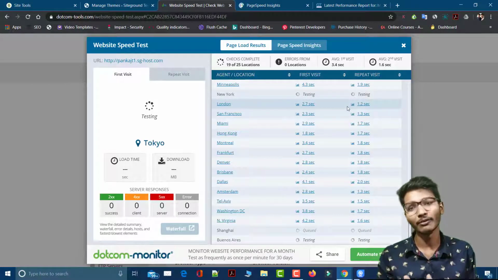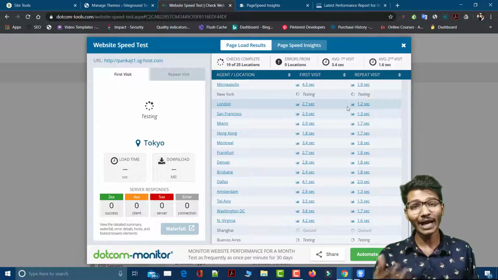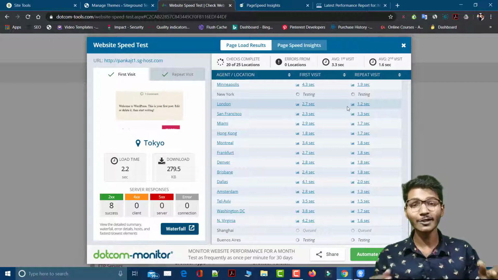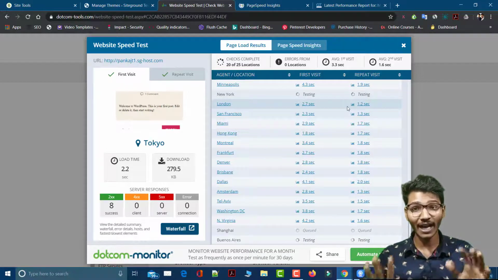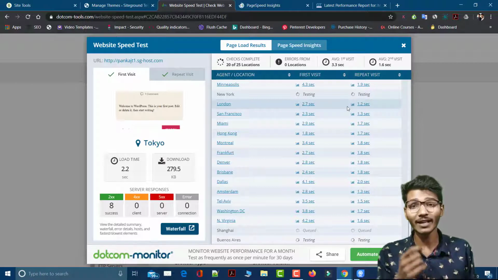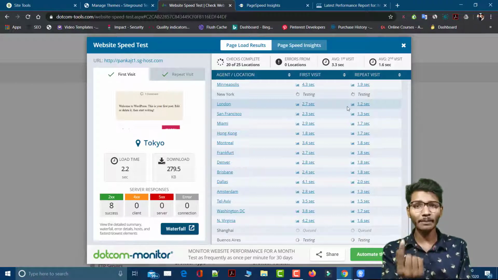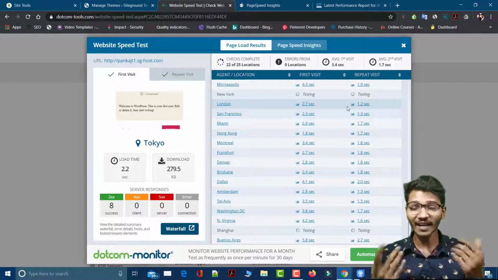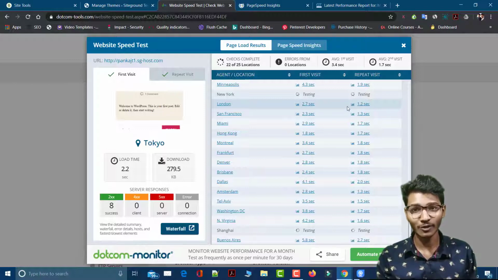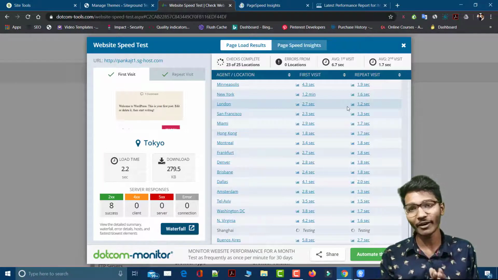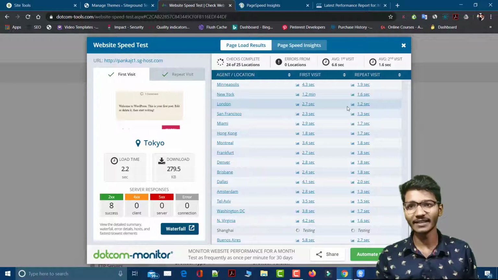It's the quality of plugin. If you have high quality plugins, you can install a million of them with a high quality, and that will not affect your website speed. But you can install a single plugin with bad script or bad coding, that will definitely decrease your website speed. So don't think that the amount of plugins is affecting your website speed. It's the quality of plugin that affects your site speed.